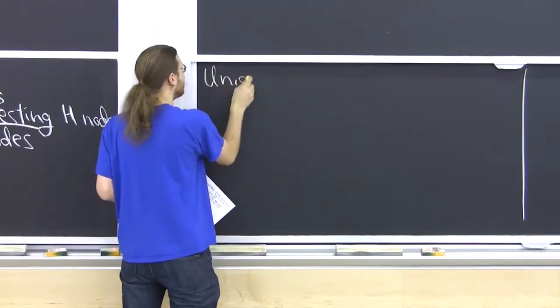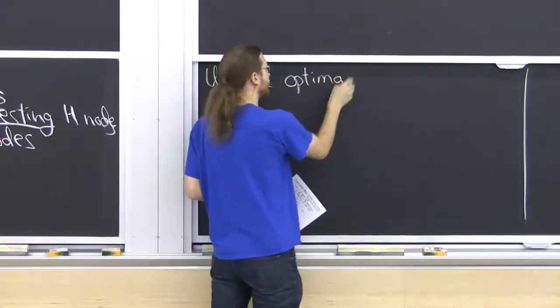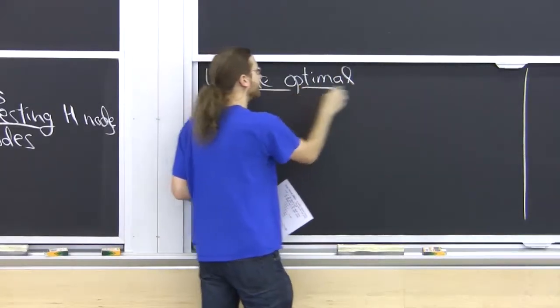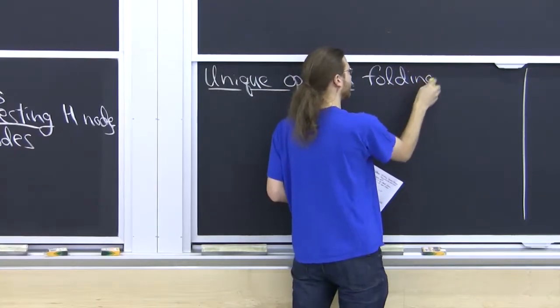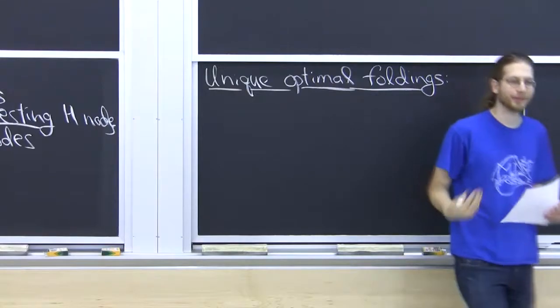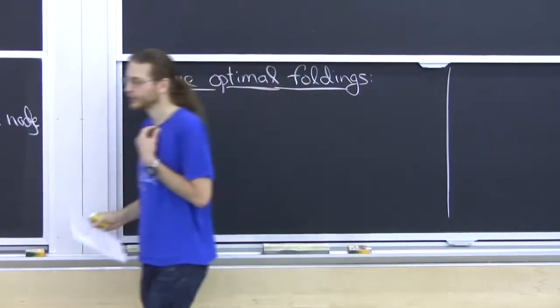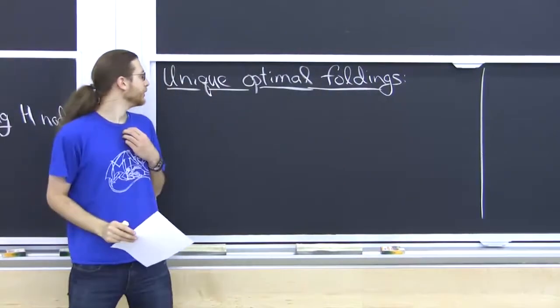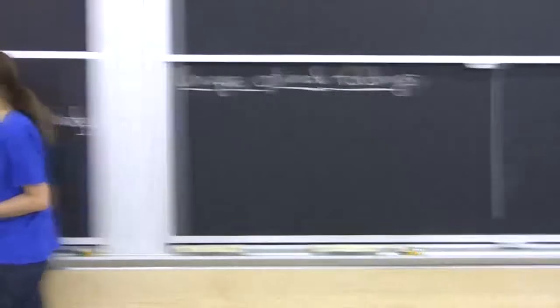Now, one of the observed features in protein folding is that they tend to fold to the same shape. This is actually a hard thing to measure, but that's the general consensus. So at least most proteins in a non-diseased organism fold always to the same shape, at least in the same environment. So if you want to model that in the HP model, and you pretend that really we are finding